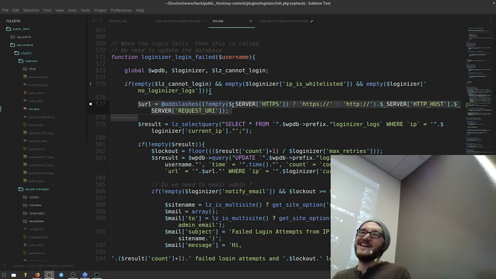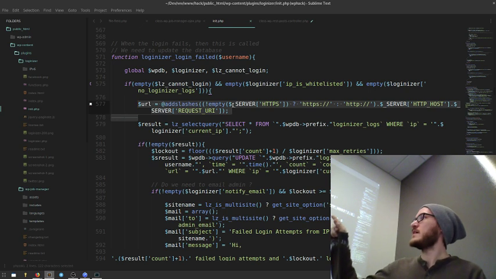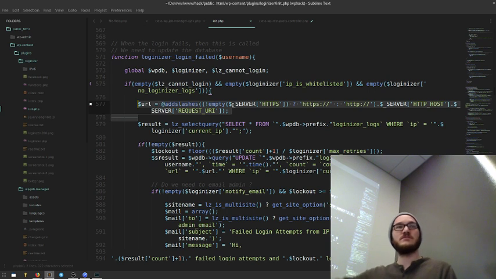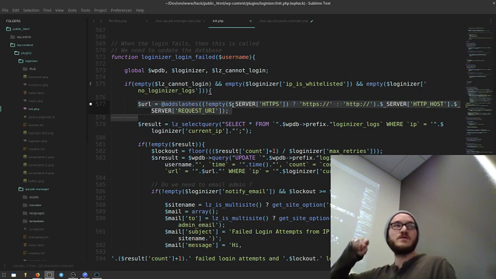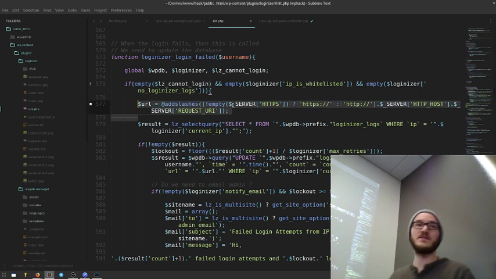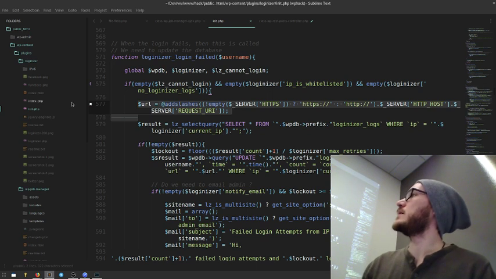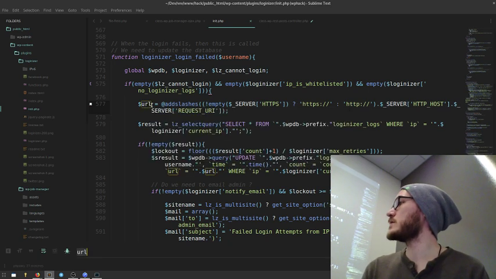And it might not be intuitive, but the request URI is whatever the client is requesting from the server. So if I request an invalid URL, that's what the request URI is. If I request BBB equals my JavaScript code, that's what the request URI is. And so that's what is being dropped into this URL variable here, which when we then search for,